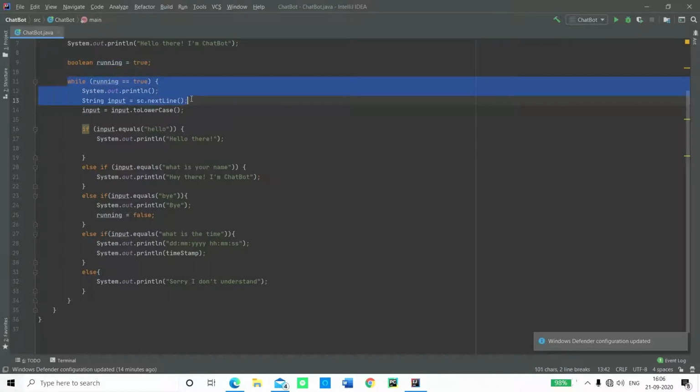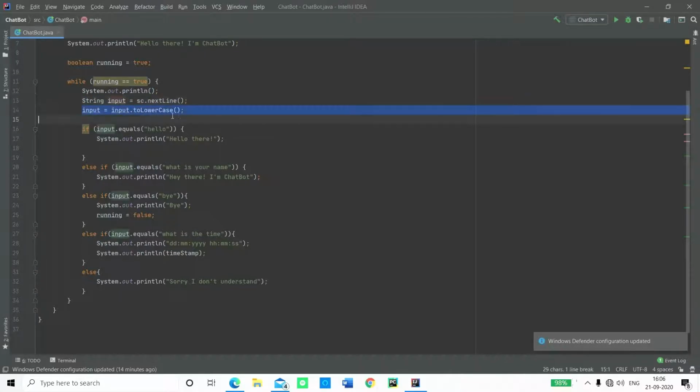Now what's the next thing that I've actually added? So over here I'm just going to keep an empty box, and then I'm taking input from the user. All right, next I'm taking the input, which equals, I'm taking String input equals sc dot nextLine, right? So it's going to take a whole line, and whatsoever the user is entering is now being stored into input. Now what's going to happen next? What is this line of code supposed to do? I'll come to it in just a second.